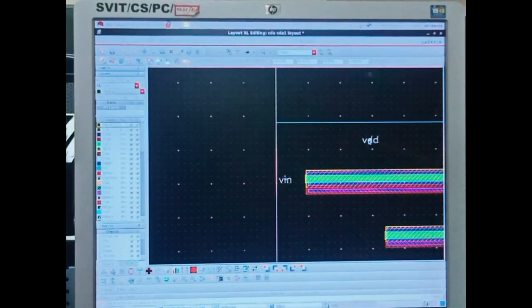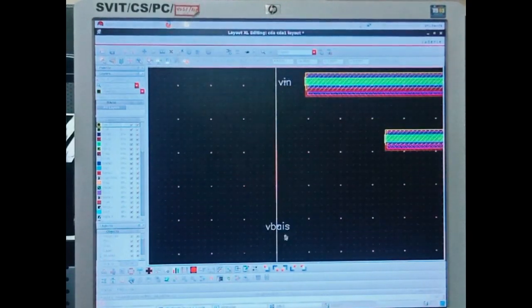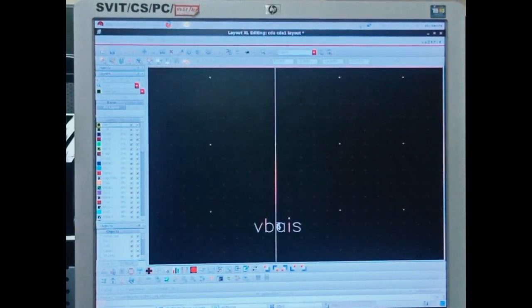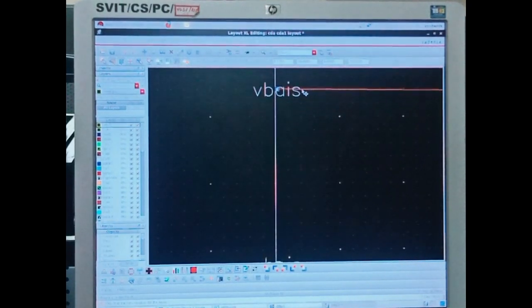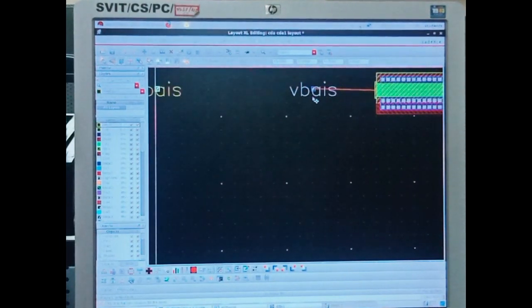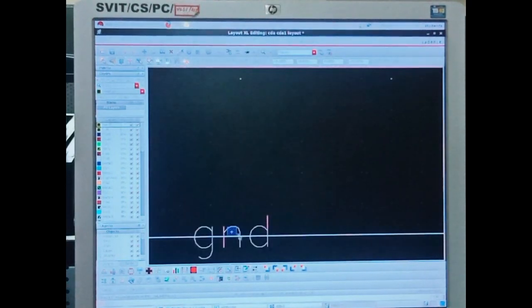Similarly VDD, Vbias, zoom in, just select the internal square box. Don't drag the label itself, drag the pin, the label will come along with it. So this is a connection which is to be done for the second NMOS and the ground pin. Drag it up.